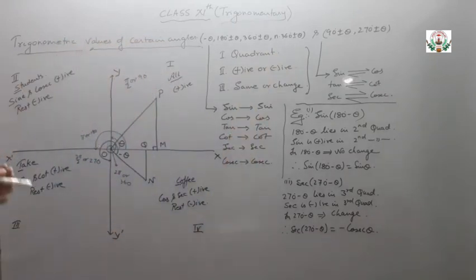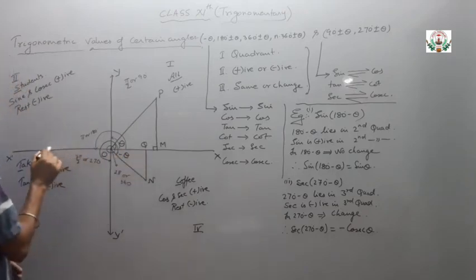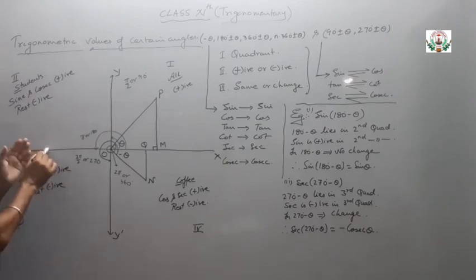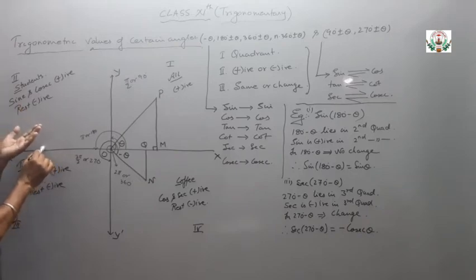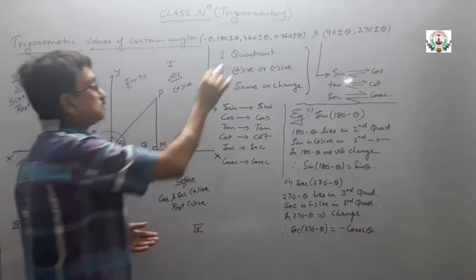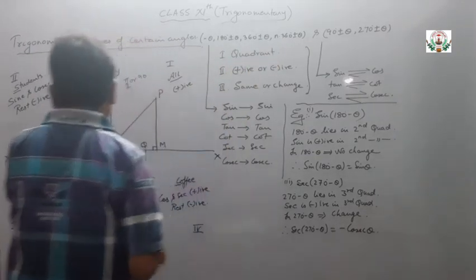If we are getting the format of 180 plus theta, so 180 comes here, plus theta means you will move to the third quadrant. 180 plus theta will lie in the third quadrant. If you are taking up here 180 and it is minus, you are subtracting something from 180, it will go to the second quadrant. Clear?